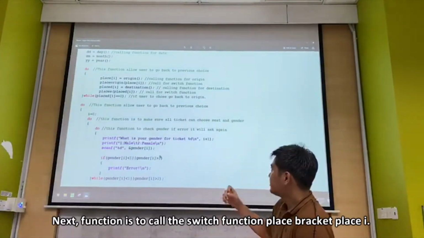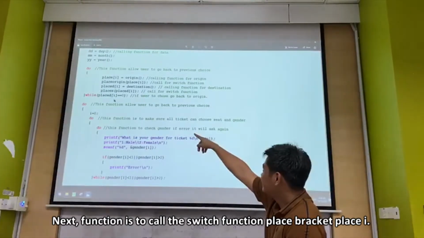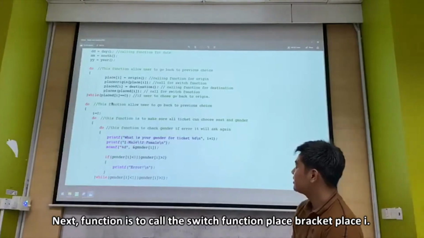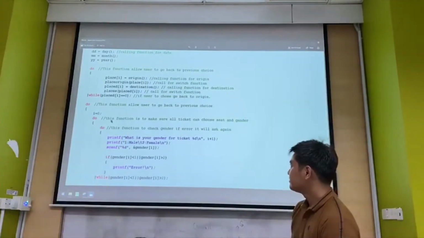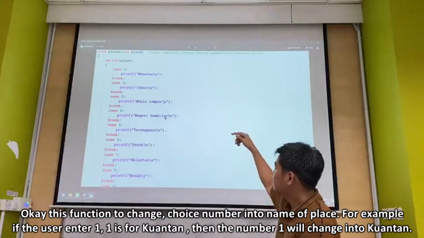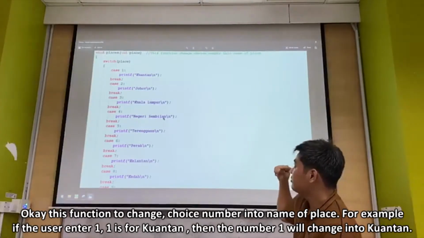Okay, next, the fourth function is to call for the switch function, place bracket place i. This function changes the choice number into the name of the place.